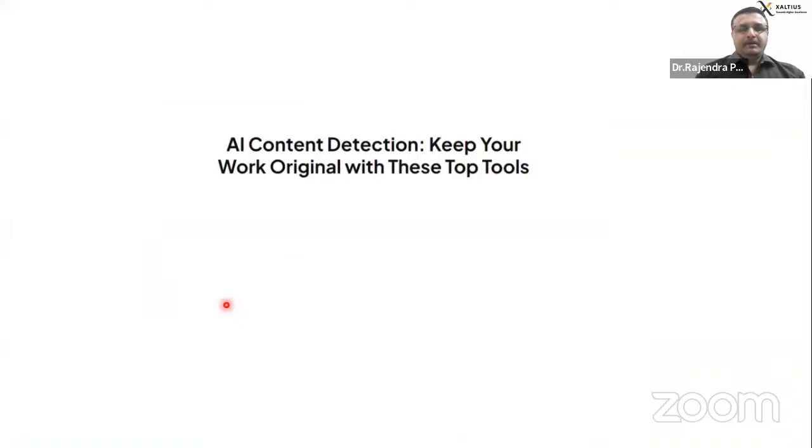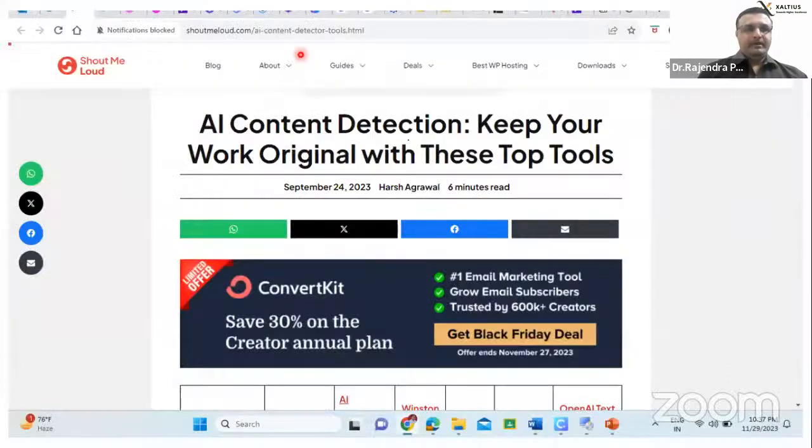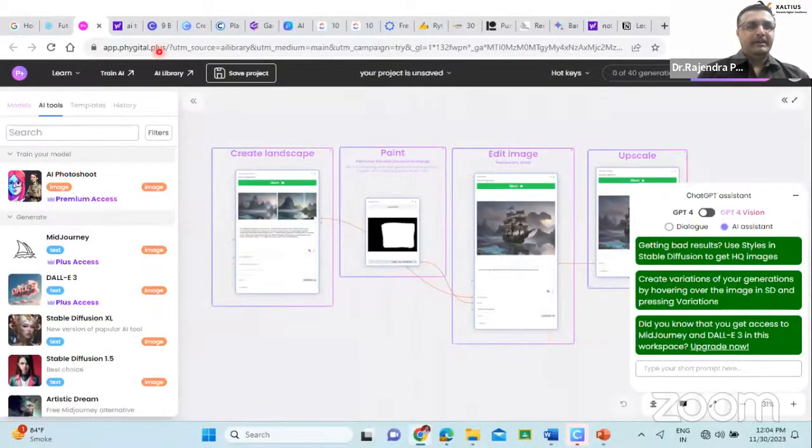Okay. So this AI content generation, just a moment. Yes. So this is the AI content detection. The other is your app digital.